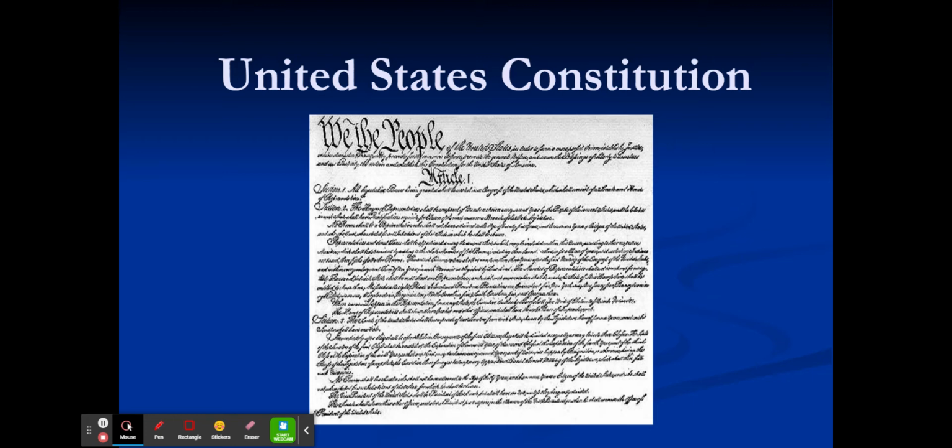It's important to note that much of what we're talking about today was actually happening during the same period of time that the Patriots, right, the Americans, were fighting to gain their independence. They had to have a government ready to go if they were successful in breaking away from the mother country of Great Britain. Keep that in mind as you're listening to today's information.